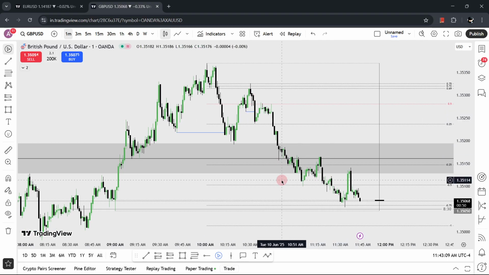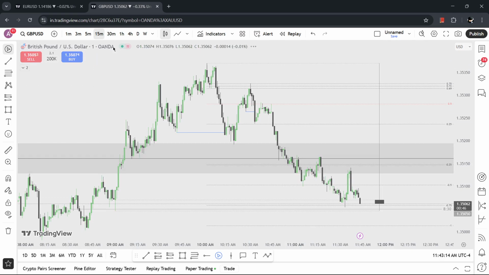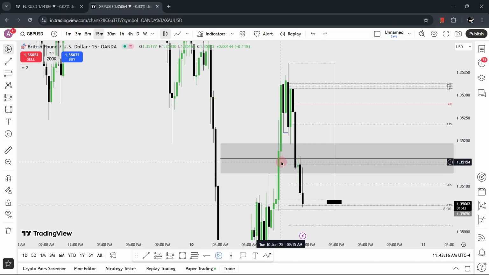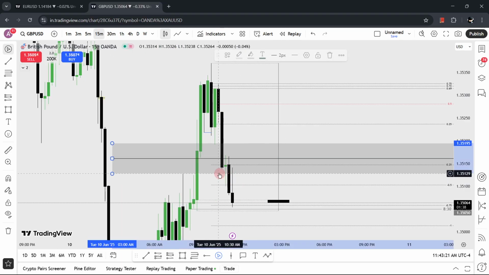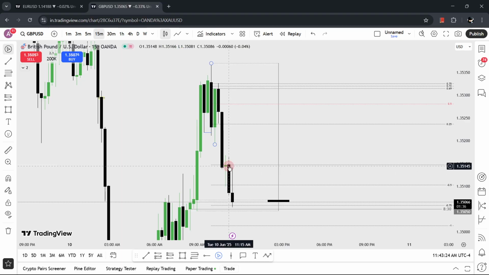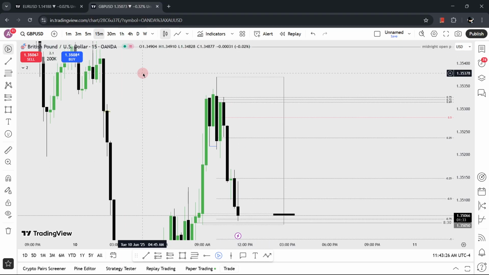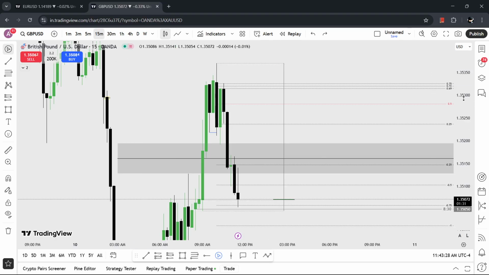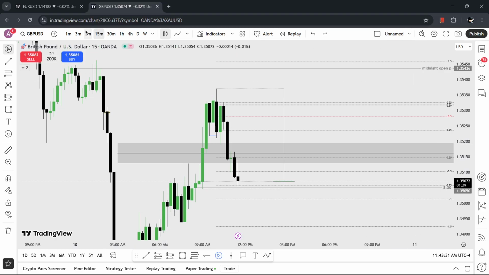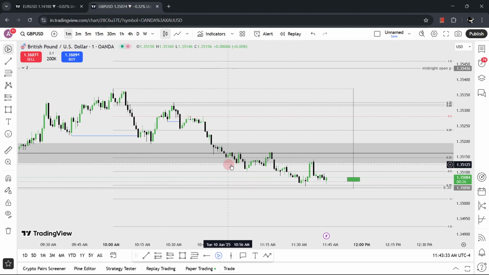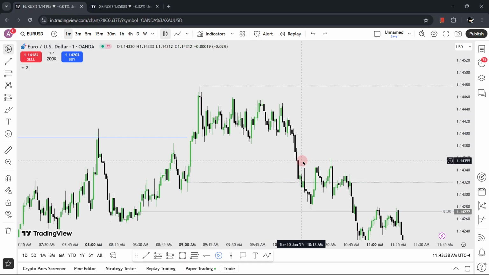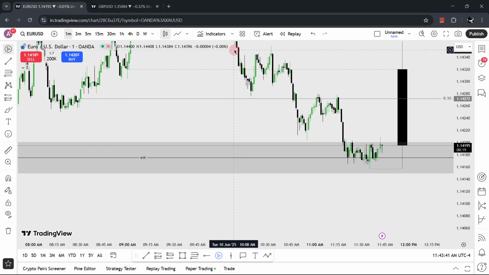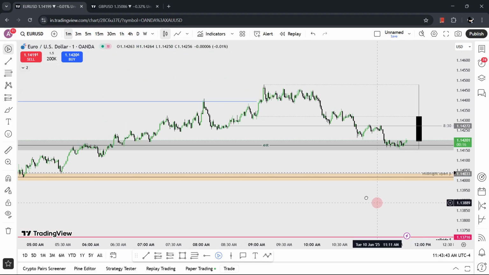That's all. I'd rather not hold anymore from here, because in GU there is, on this 15 minutes here, okay, this reaction. We should show you this reaction. So you could have held up to around here, around this level. Then don't hold. Same trade I would have taken in EU, but because I have a clear sell side here,